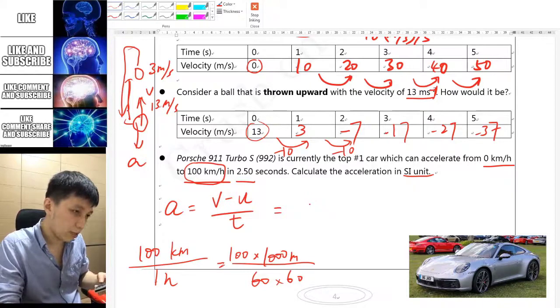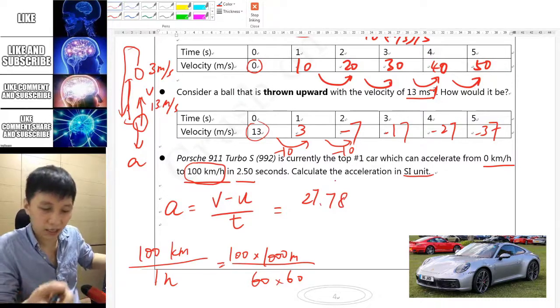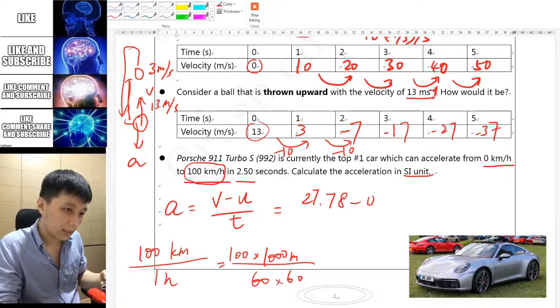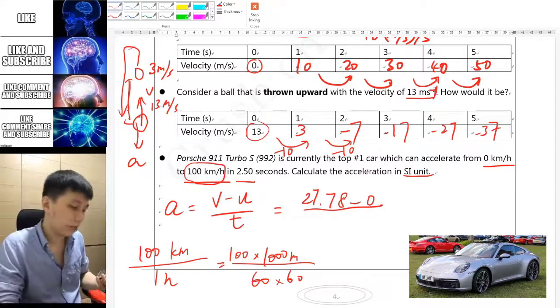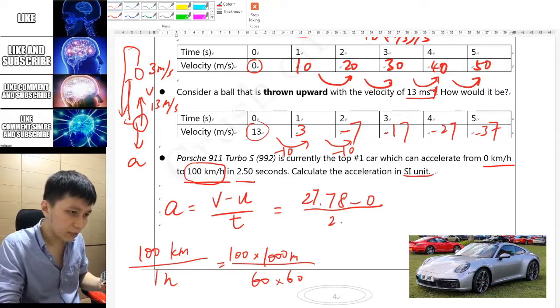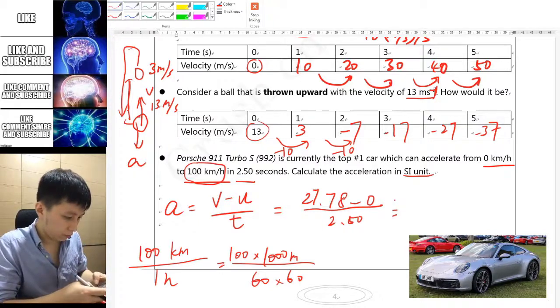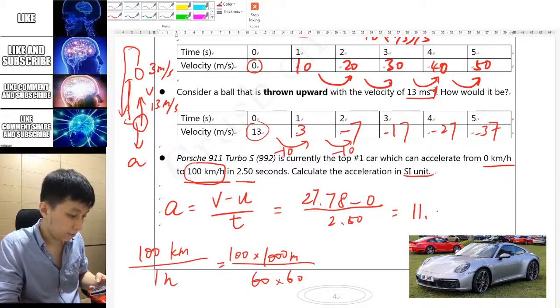So for v, which is final velocity, I will take it as 27.78, or you should take as much as possible, minus 0. So I will actually keep my number on the calculator with all the decimal points. For the time, it will simply be 2.50. And so divide by 2.50 on my calculator, then you find the answer is